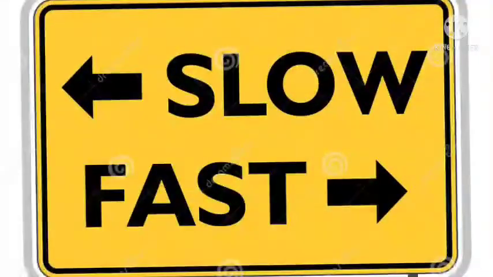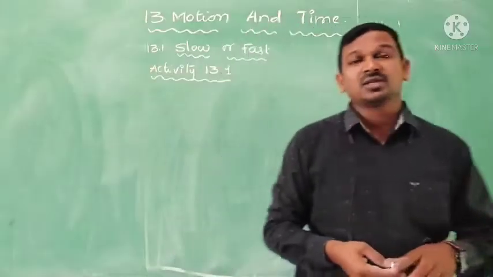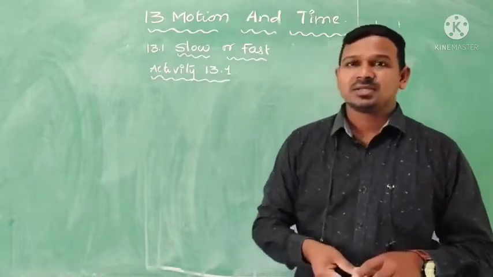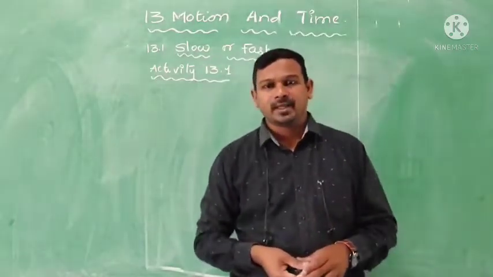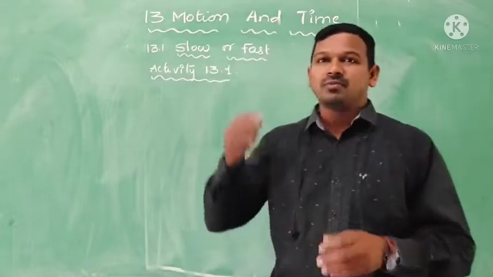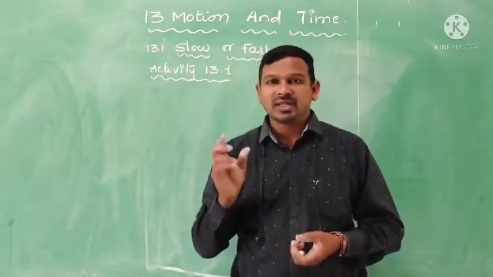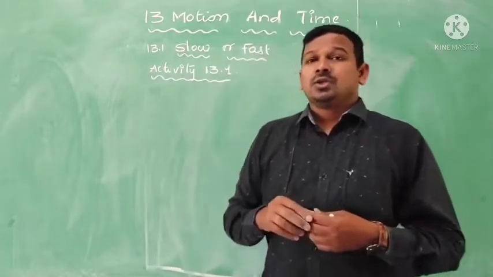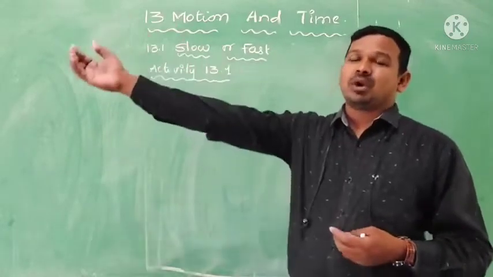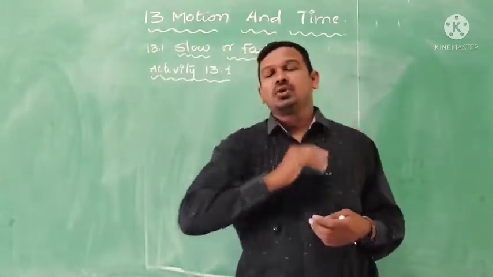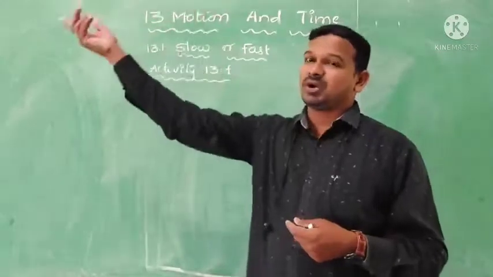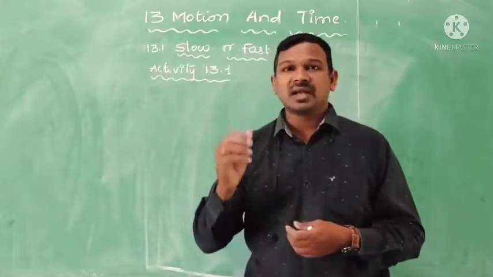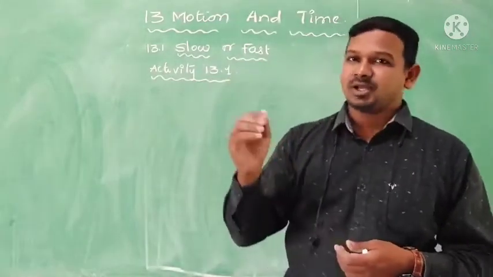In describing slow or fast, you know that when a body covers a distance, it takes some time. For example, you also come from home to school, and it takes some time to travel from there to here. Right? When you start from that point, called the initial point, and reach the school, the destination, called the final point, the time taken to cover the distance will decide whether you are coming very fast or slow.